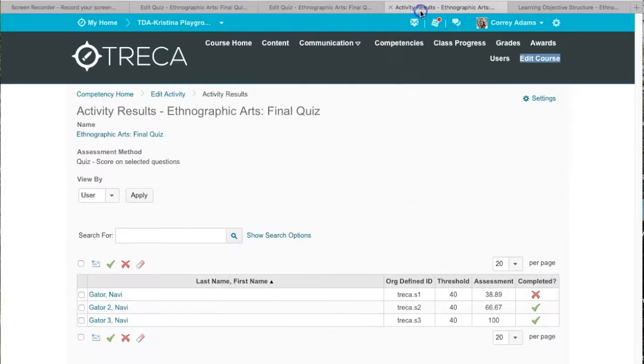But if I look at this particular objective's results, I can see that this student only got about one credit point towards meeting that objective. So he missed almost every question in the Easter Island section. So that would tell me that the student might need to go back and review